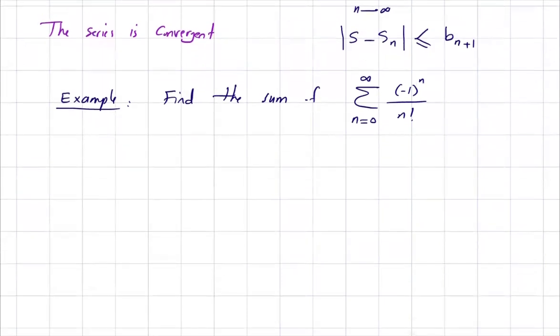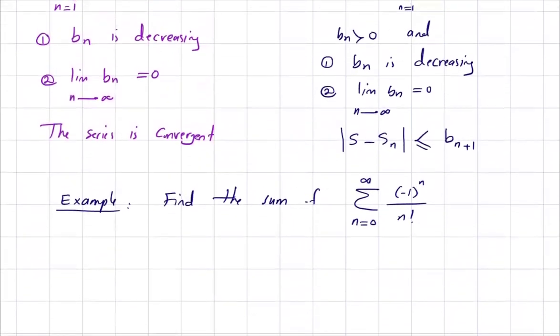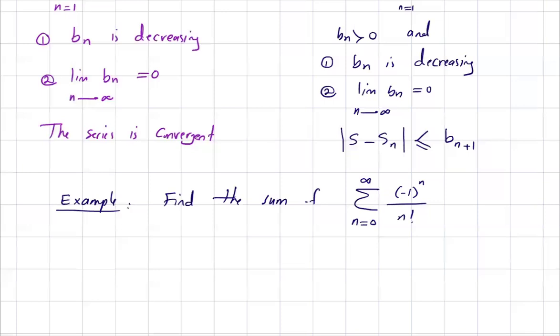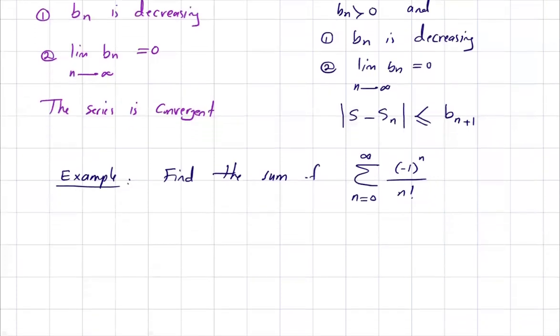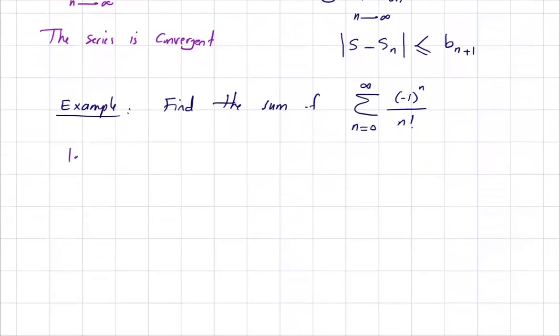So what is the behavior here? Does it satisfy the condition of bn decreasing, and the limit of bn when n goes to infinity is equal to 0? Let us check the conditions